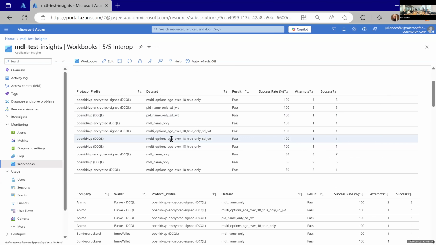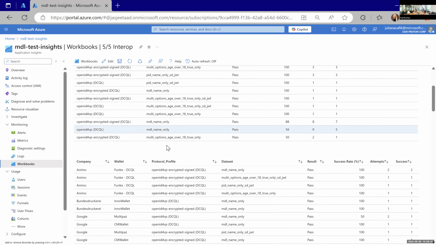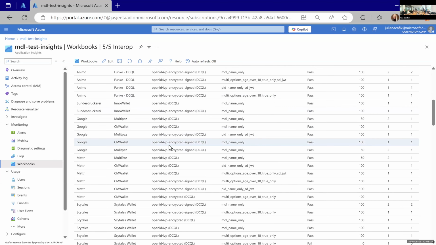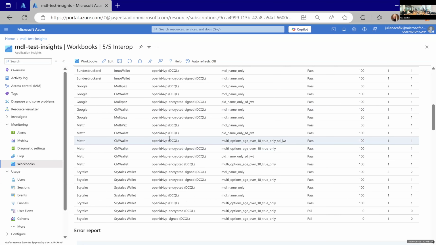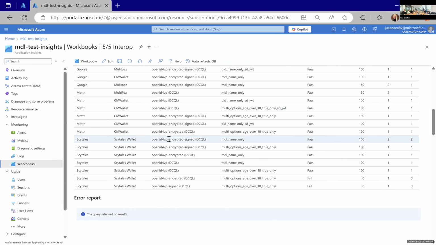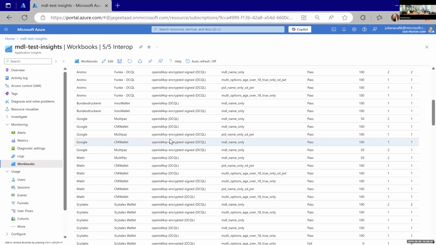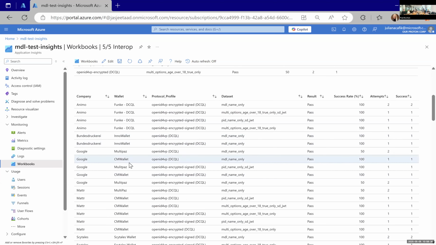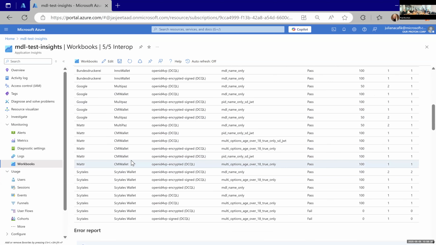So just let me know when your wallet has finished running your transactions. But you can see we're able to manage multi-threaded, which is what a natural environment would be for a relying party. We have a total of 4 wallets who've been running tests, is that right? Or 5? 1, 2, 3, 4, 5, but Google has 2 wallets, so 6.